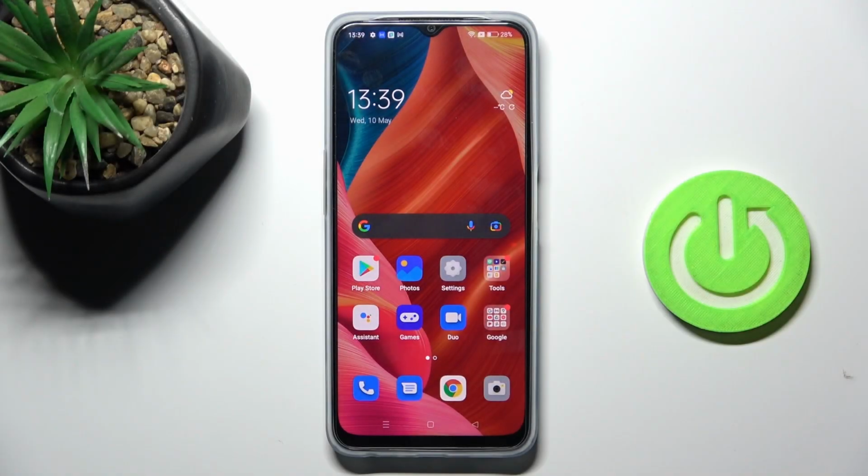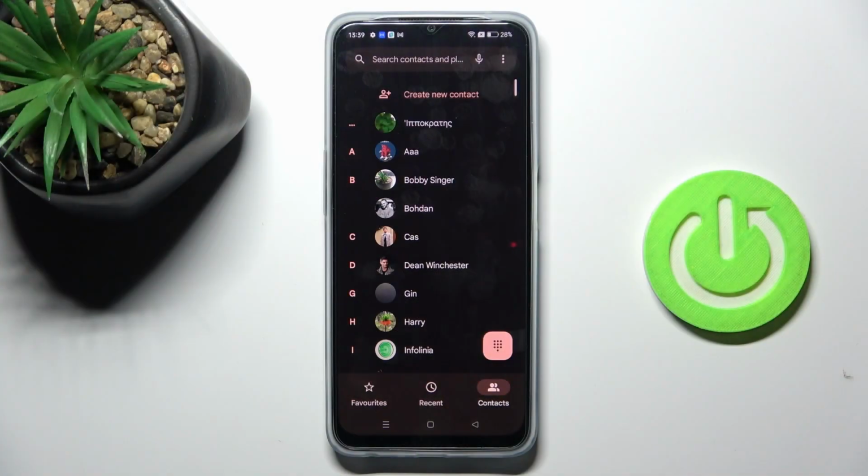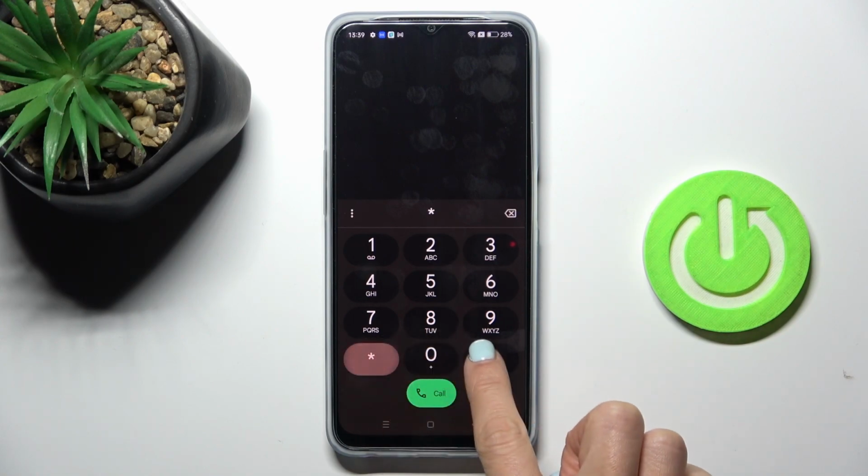Good morning guys, in front of me is OPPO A77 5G and let me show you how to use secret codes. At first open your phone dialer and go to keypad. And here we will be entering those codes, so let me start with the first one, the shortest, which is